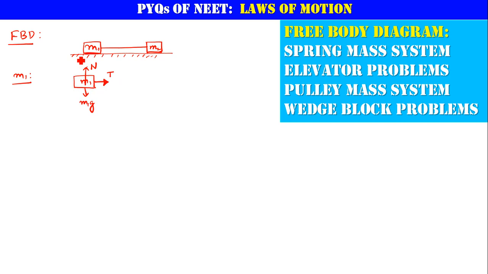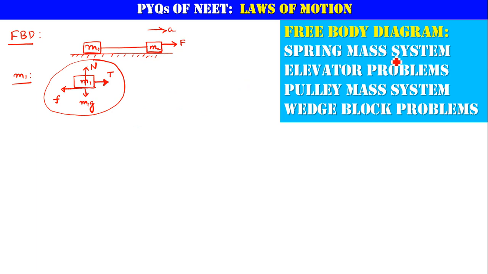Now let us consider this surface is a rough surface. Let us say the applied force is in this direction on M2, then relative motion will be in this direction, because the net force is in this direction, so acceleration will be in that direction. So the opposing force, which is friction, will be acting in the opposite direction. This is the free body diagram of M1. Similarly, you can also show the free body diagram for mass M2. I hope it is clear what a free body diagram is.